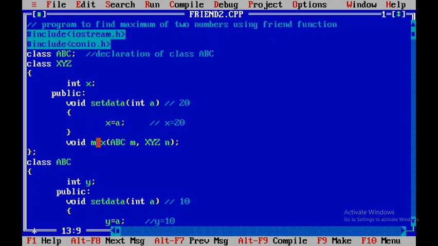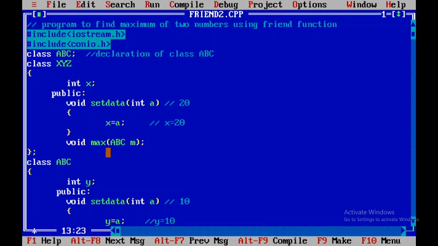So now max is a member of xyz, so all these members are directly accessible. I simply keep one object over here, only the object of the abc class, that is m.